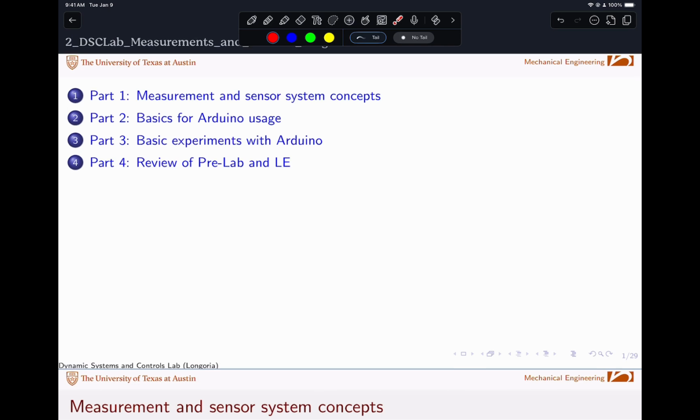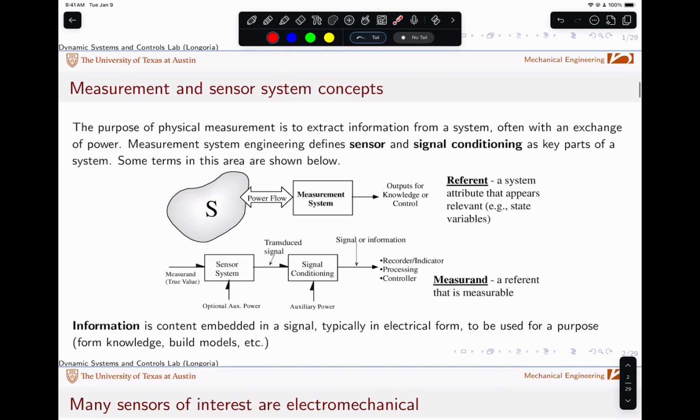And of course, in this particular lab, there are some basic experiments that we do with the Arduino to get everybody on the same page. So in this series of lectures, I'll also talk about some of the pre-lab exercises and the lab evaluation associated with these lectures. So in this first lecture, I'd like to introduce the idea of measurement systems